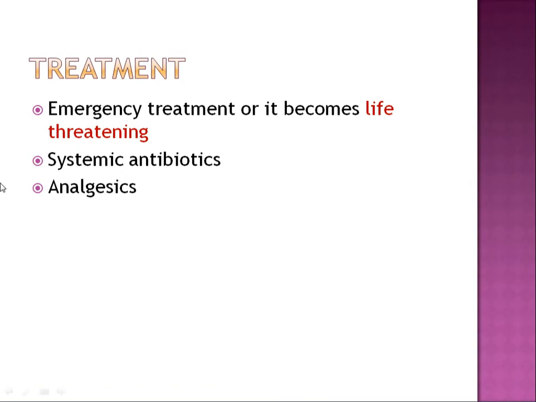You always have to give systemic or IV antibiotics. This patient always has to get admitted, so admit the patient, that is very important. Give him IV systemic antibiotics immediately and monitor the patient very closely. You have to do investigations to rule out any involvement of the cavernous sinus, that is, a CT scan should be done. Imaging of the head and neck should be done to rule out infection in the orbital cavity extending to the sagittal sinus or the cavernous sinus. The patient will have acute pain, so analgesics are also given systemically.